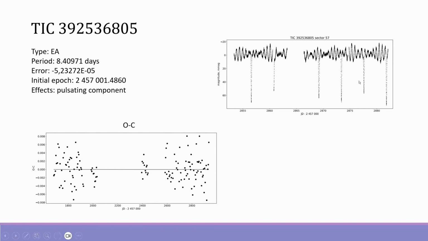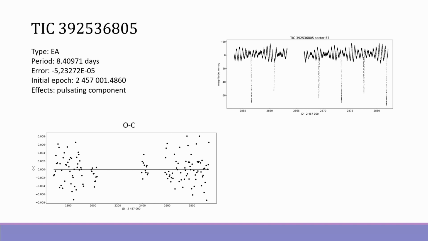We plotted O minus C curve for this star based on minima and maxima data. The shape of O minus C diagram might indicate the presence of pulsating component, but because of a background noise, the particular shape of this curve is not visible. The points are randomly distributed relatively on equal absolute values of O minus C, which could not lead us to conclusion about classification of this object based on O minus C curve.